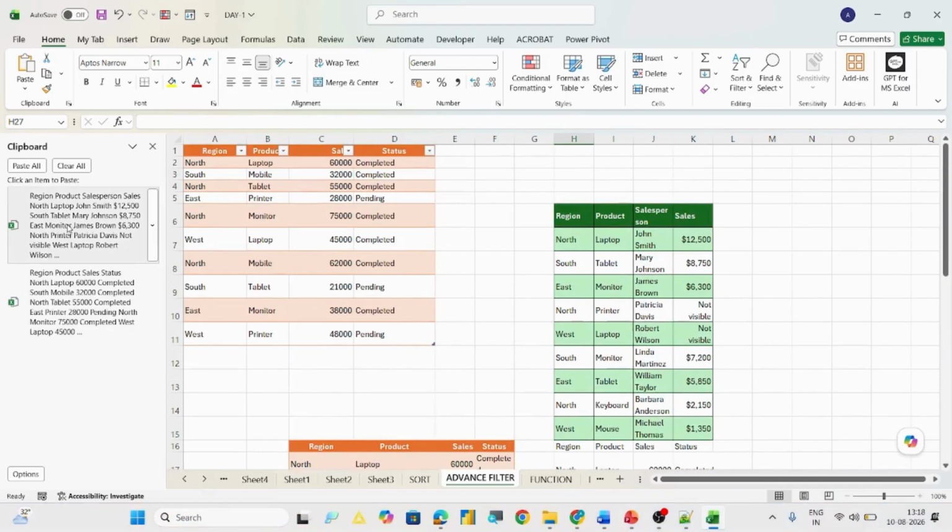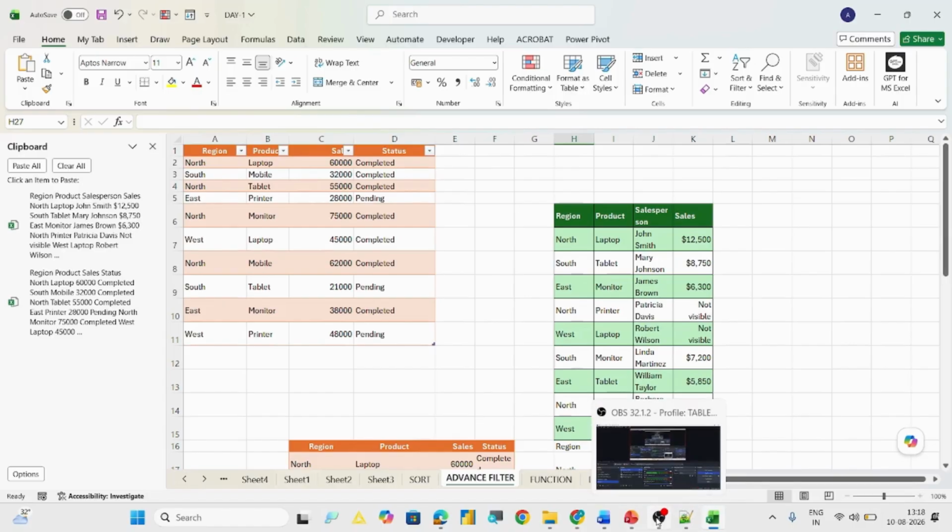In one way you can say you can reuse the copied data n number of times. Copied data is not going to get deleted in any of the MS Office applications, whether it is Excel, Word or PowerPoint. It remains in the clipboard. Many times when you use the cut, copy, paste option and you close an application, a message appears asking whether you want to keep it in the clipboard. If you say yes, your copied data will lie in the clipboard. Next time when you open the application, you will see that the data is lying in the clipboard. This is about the clipboard dialog box.